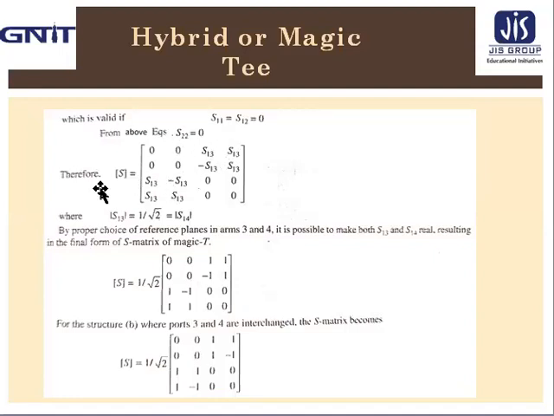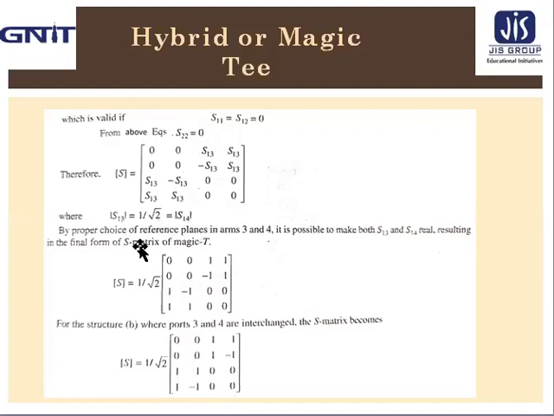Therefore, the matrix is equal to 0 0 S13 S14, 0 0 minus S13 S14, S13 minus S13 0 0, S14 S14 0 0, where mod of S13 equal to 1 by root 2 equal to mod of S14,